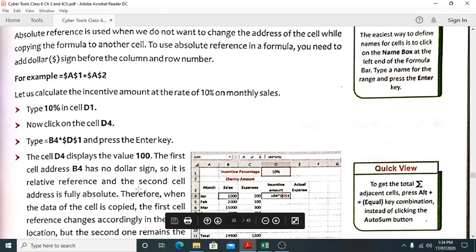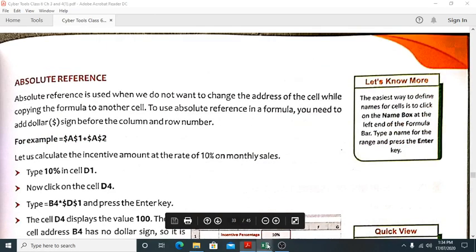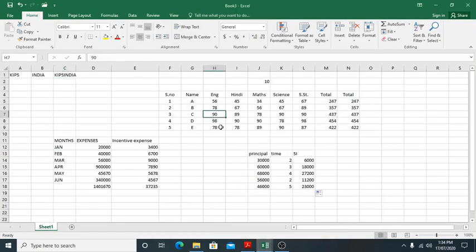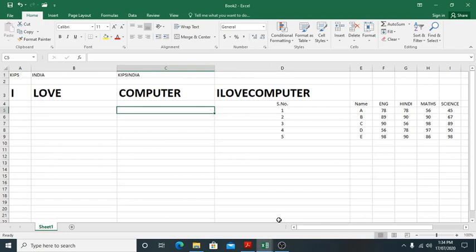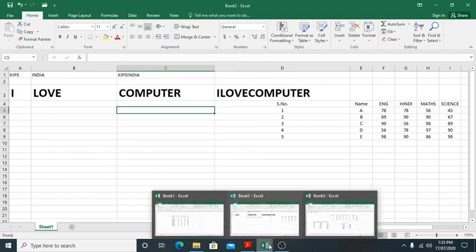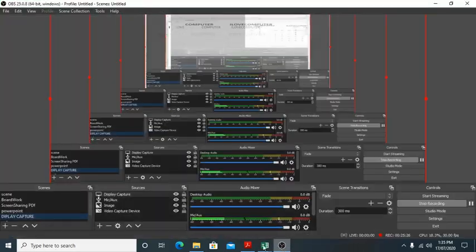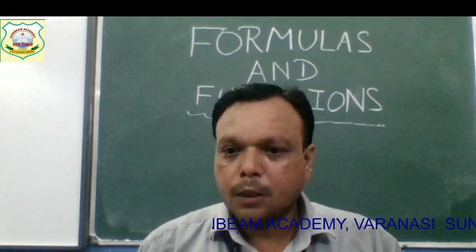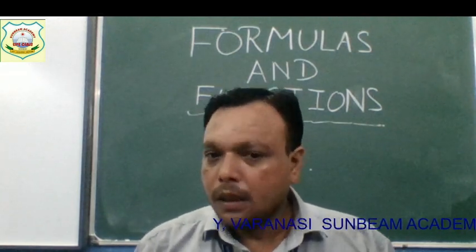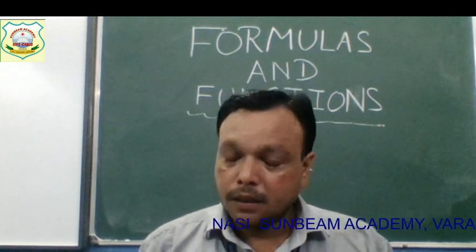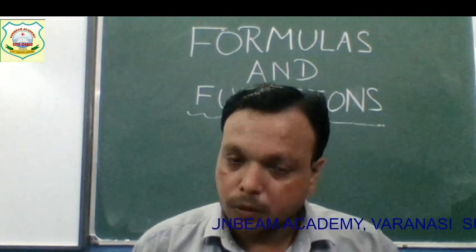Okay, and we have also shown here, students, how to use the dollar sign. Clear, students? Based on this, whatever we have told you, you have to practice at home. Based on what we have told in formulas and functions, how we can decide the range and how we can use the range.